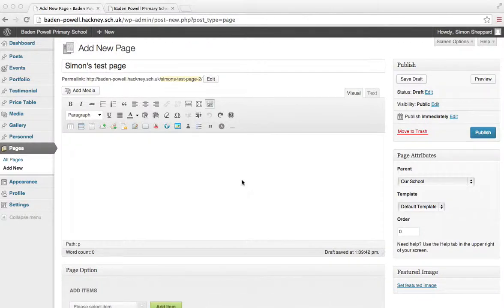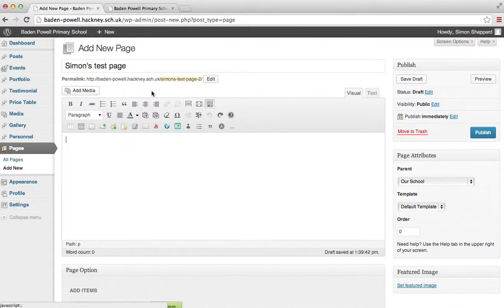In this video we're going to be looking at how to style a page. So the first thing I've done is I've created a new page, just a sample page for demonstration purposes. But in here you'll see that within the main body of the document you've got these editing tools at the top. Now if you're familiar with Word, you'll be familiar with most of what these things are. So I'm not going to go through all of them, but there are some things that you need to